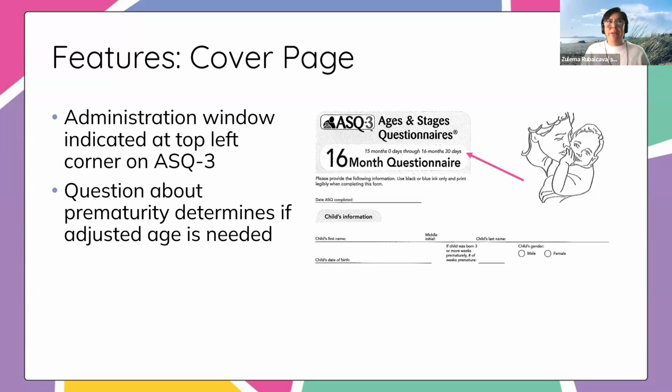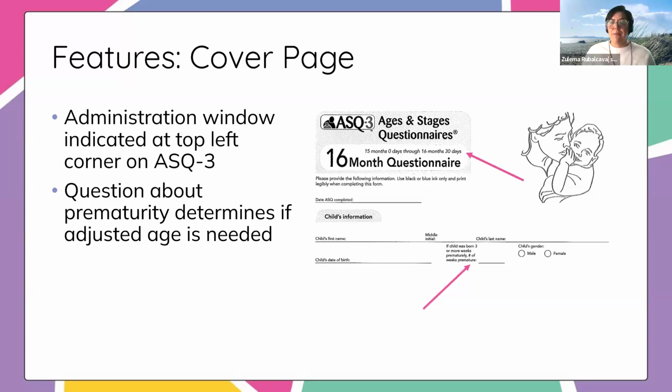And so we want to make sure that we give them the opportunity to catch up to their peers who were born at term. And so we want to give them some extra time in those first 2 years. So we do adjust their age if they were more than 3 weeks premature. And I know this is going to be a lot of information right now.